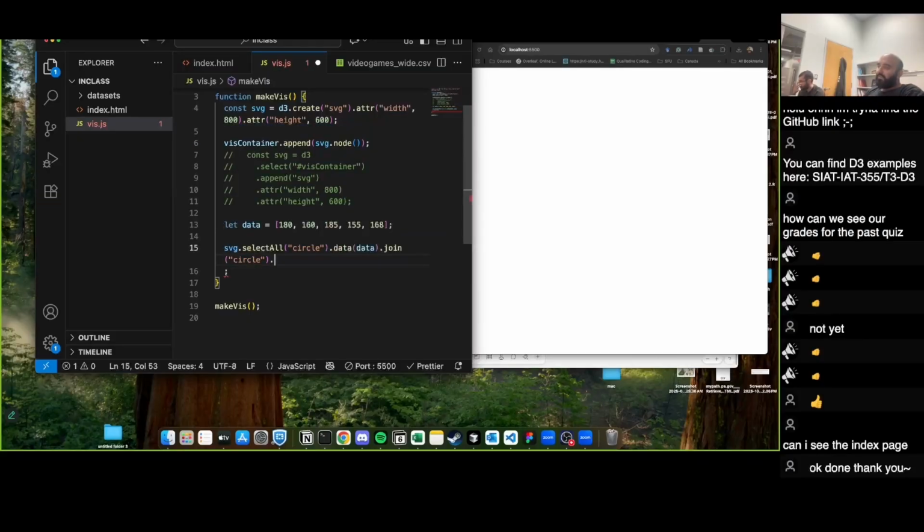Now, this is where the fun happens. I don't know if it's fun. One piece is more fun for me than this, but again, in the context of the course, I guess it is fun enough, right? Now, when we do the cx, after binding the data and creating, this is running for all of those elements that are created. Okay? So you can do something like this. You can use a function, and then the x should be, I need to look at